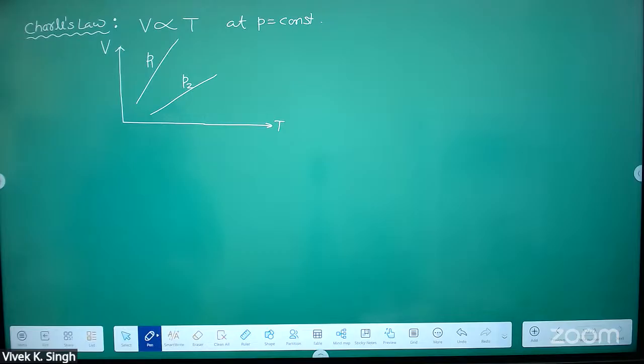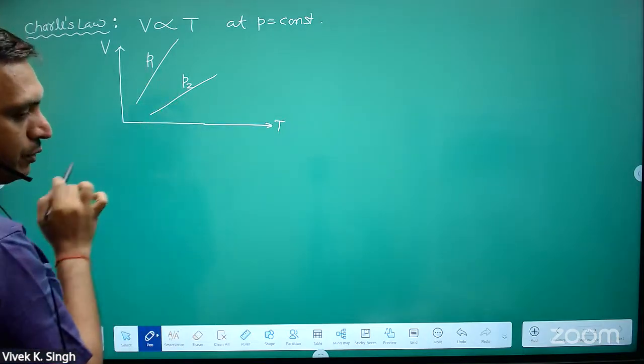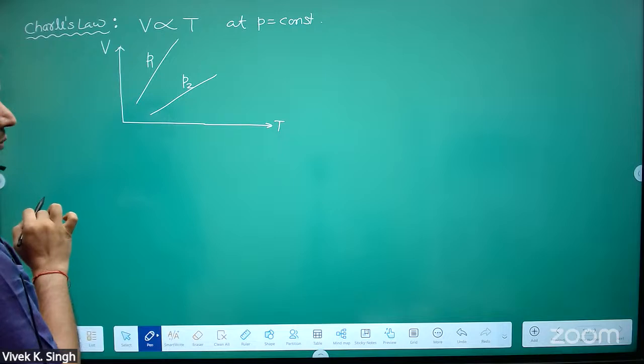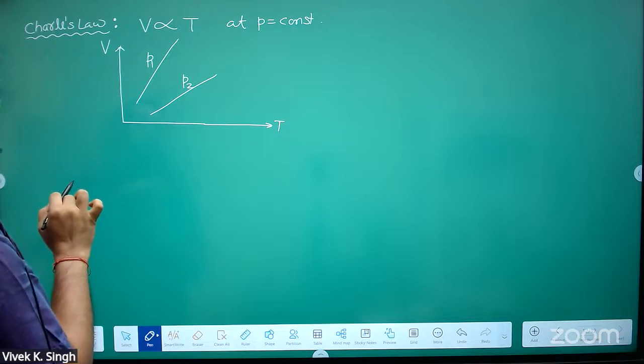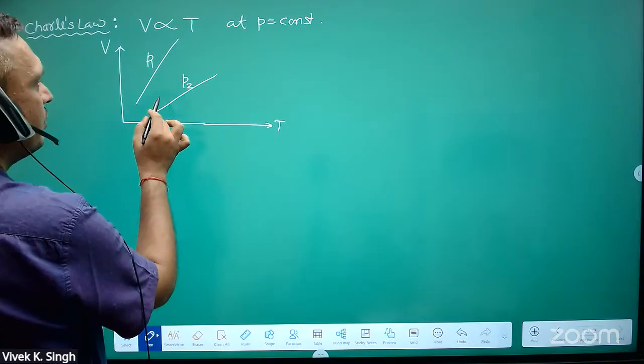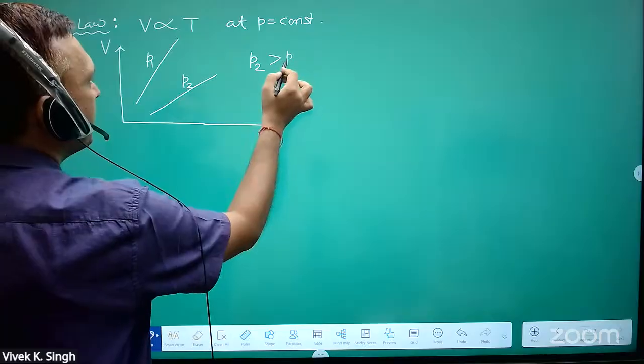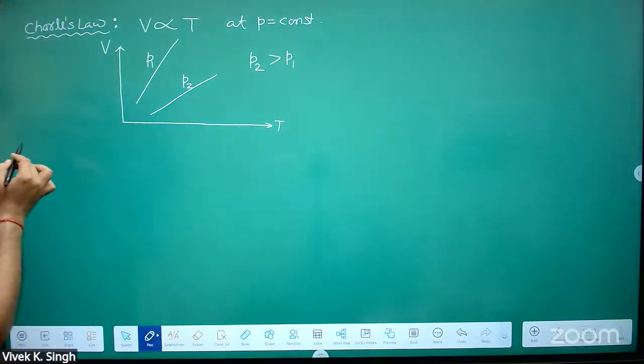At a fixed temperature, if you increase pressure, what will happen? Yes, what is the relation between P1 and P2? P1 greater than P2. No, at a constant temperature, if you increase pressure, volume decreases, so P2 is greater than P1. Yes. Then another law is called